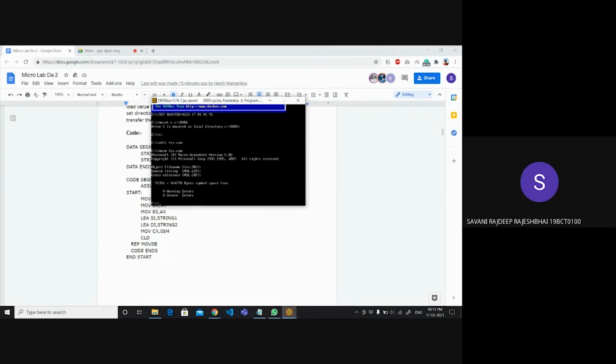We execute that command, and zero errors are coming, so there is no error in the code. And now we are linking that file.